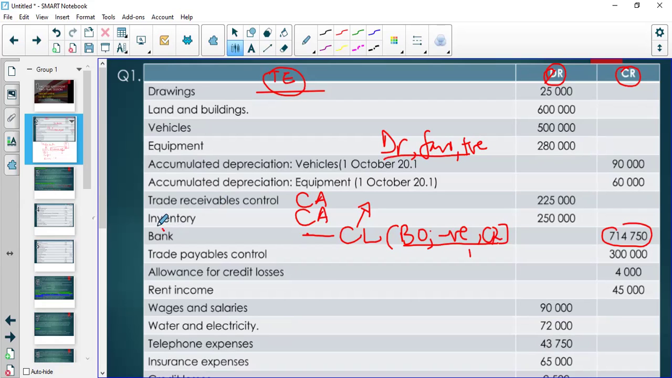Or if it is favorable, or if it is positive, then it's going to be a current asset. So please do pay attention here. That's why they did put it there and put a credit entry. So those are our current assets. Now our trade payables control is not. Allowance for credit losses is going to affect trade receivables control. So we're going to pay attention to this for current assets,